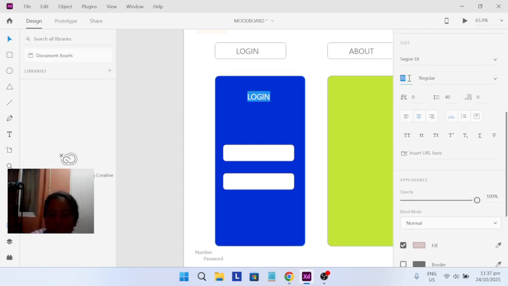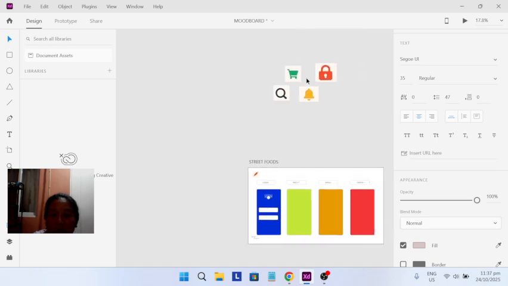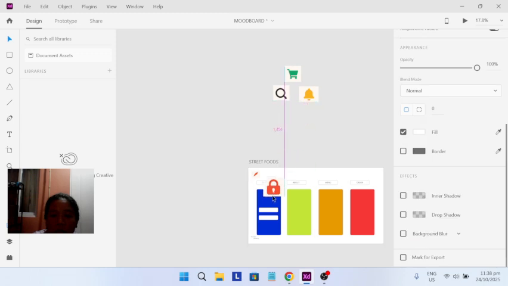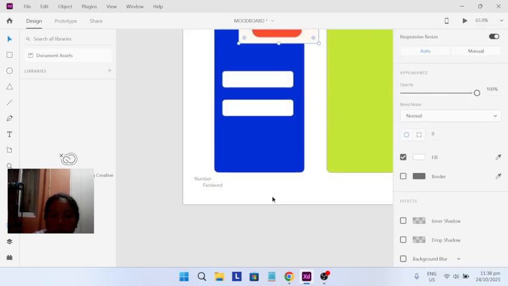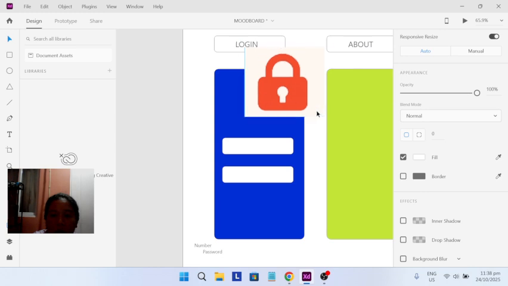Then add this at 35. And after, we will get this, let's just adjust this first.